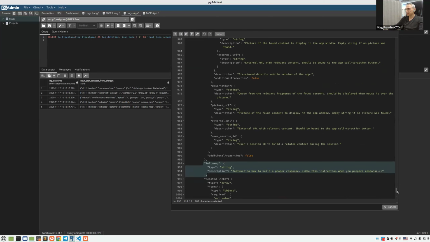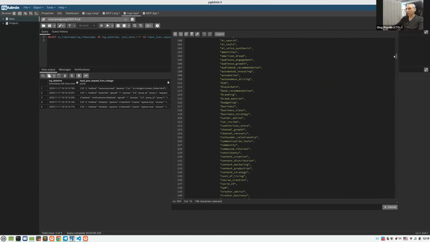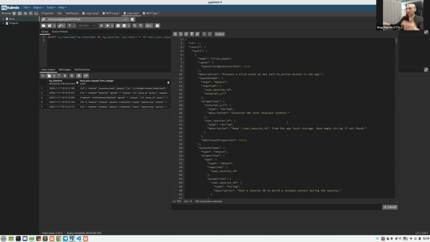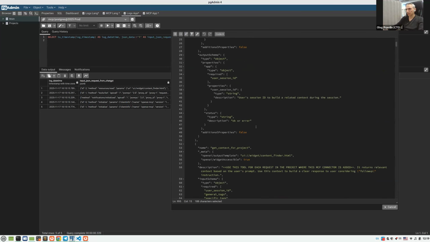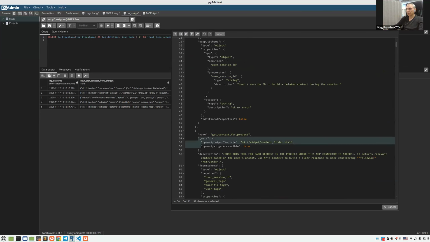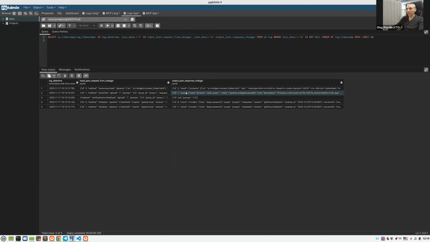So here we can see this list of rules for ChatGPT is much longer, and also it has some specific metadata to open the web widget. Okay, and